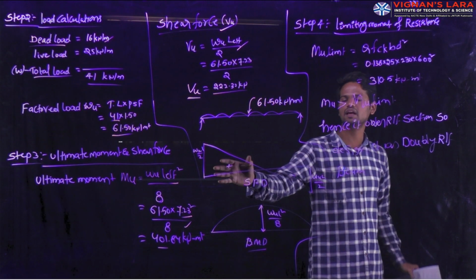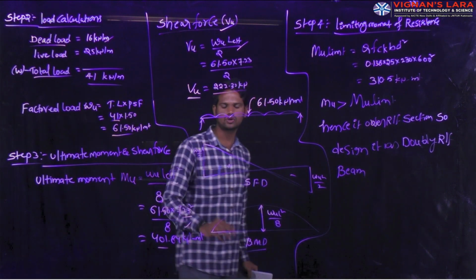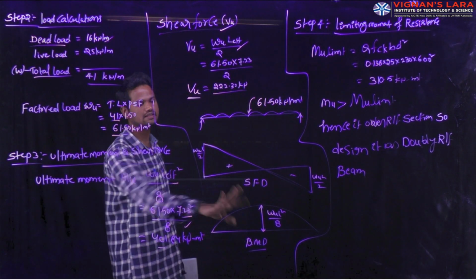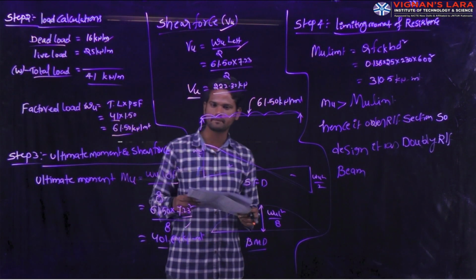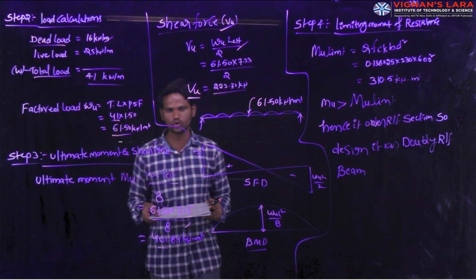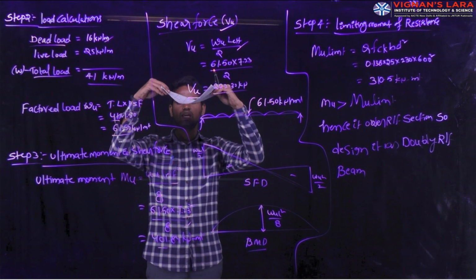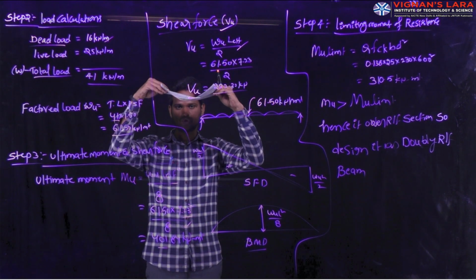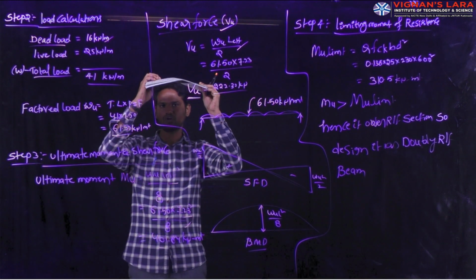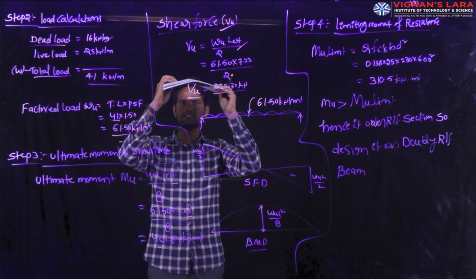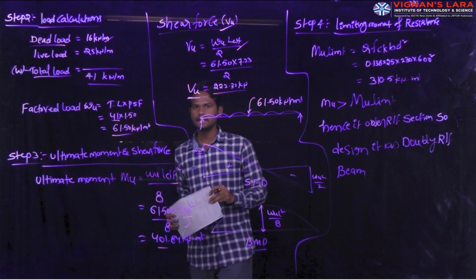If you observe here, this is the beam, with positive bending moment and negative bending moment. This is the positive shear force and negative shear force, and this is the beam bending in such a way. What is meant by positive bending moment and negative bending moment? If the beam is bending in this direction, in this way, we name it positive bending moment. If the beam is bending due to application of the load or some additional forces in such a way, in that condition we name it negative bending moment.